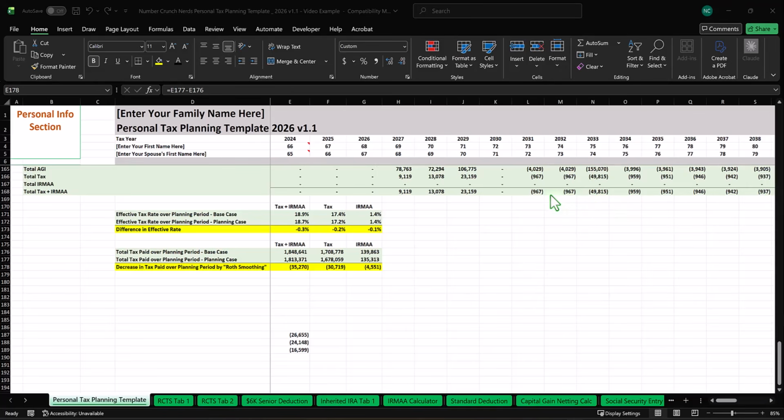Mathematically, it's the same concept as we went through with the inherited IRA item, except with the inherited IRA item, all of the savings was concentrated in the single balloon year. With the traditional IRA that is yours, where you are the owner, there is no balloon year, and therefore the savings does not get concentrated in one year, it gets spread out over